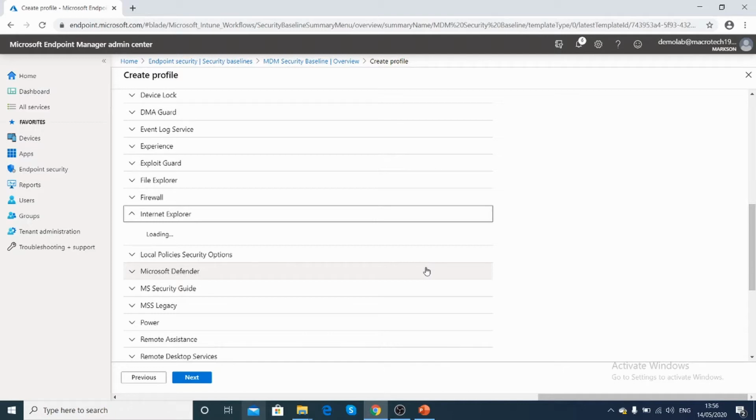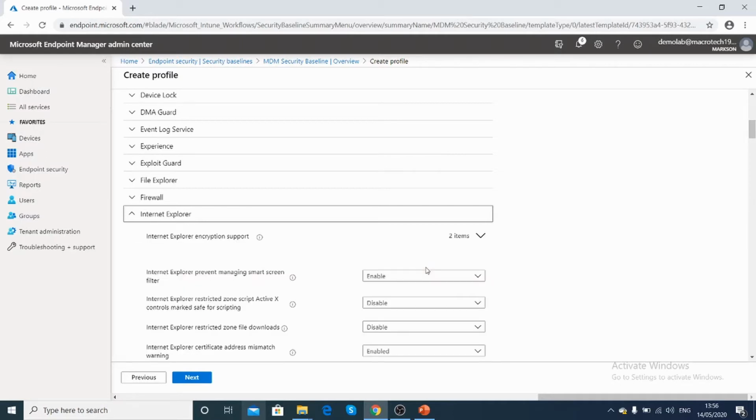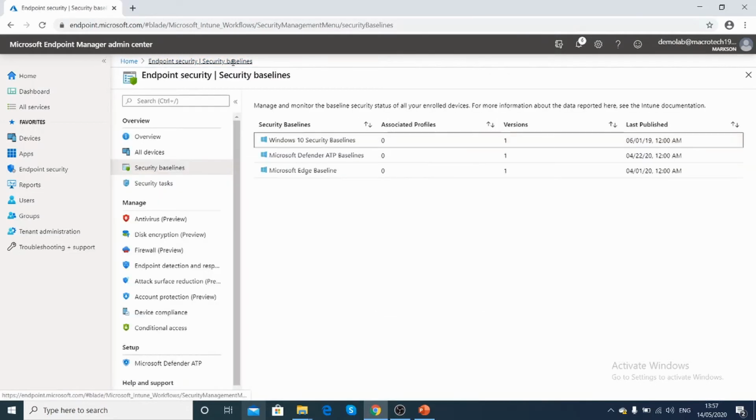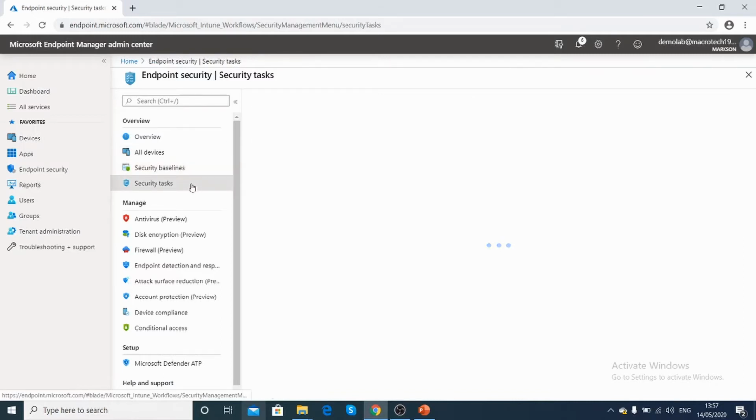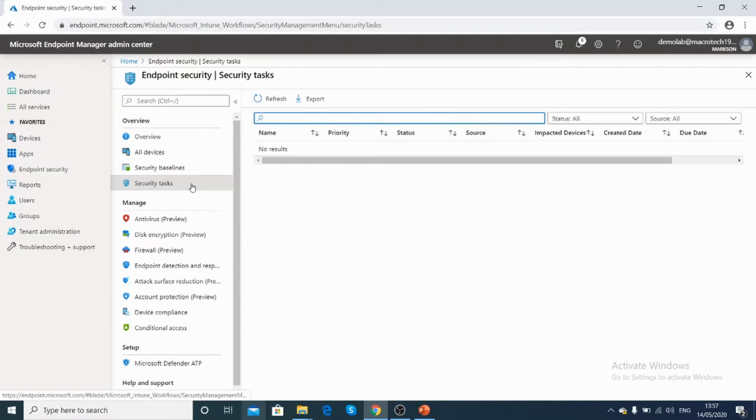If you expand each and every setting, it will tell you what kind of settings are applied and not configured. So based on the company's standard requirement, you can apply your standard over here. So this policy will get applied on the mobile devices, which changes the settings immediately from the baseline. So those kinds of control you can do under security baseline. Under security tasks, whatever vulnerability that you find as part of endpoint security will show up over here. So from an admin point of view, you can view all the vulnerabilities and take action against these threats.